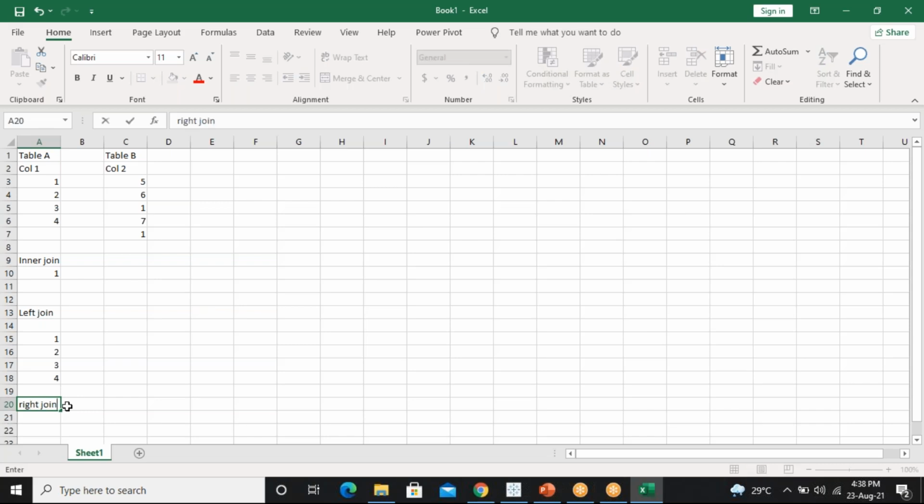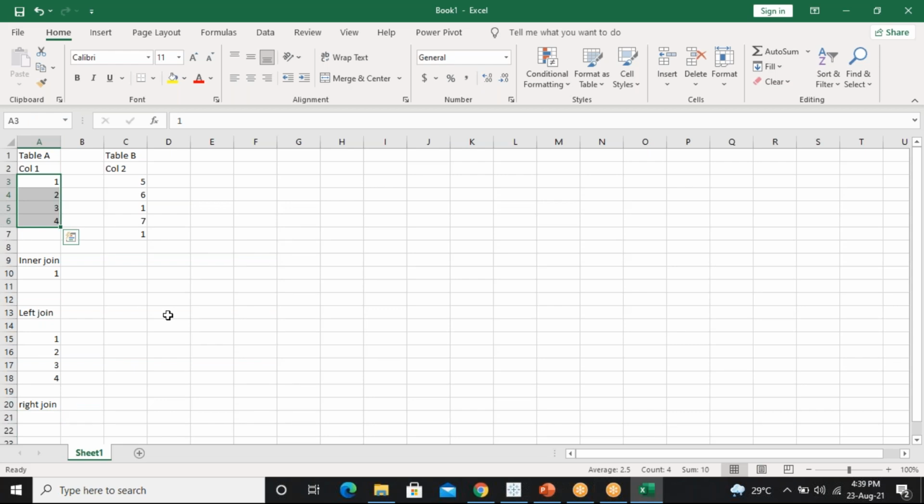What will be the answer for the right join? Inner join you told, which is common for both. Left join you told, the left side and what is common on the right side. What is the right join?